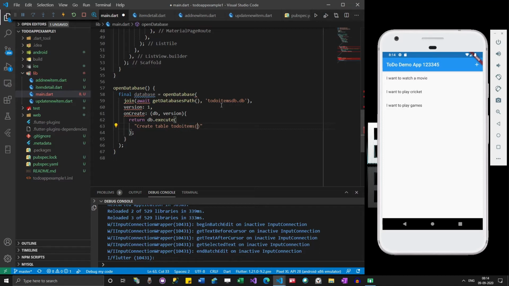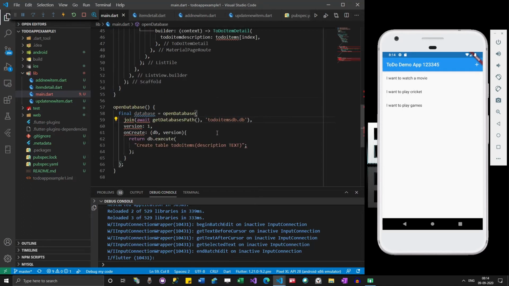So the only column we are going to have in our example is description, which will be of text type. Okay, so this is the syntax for opening the database.